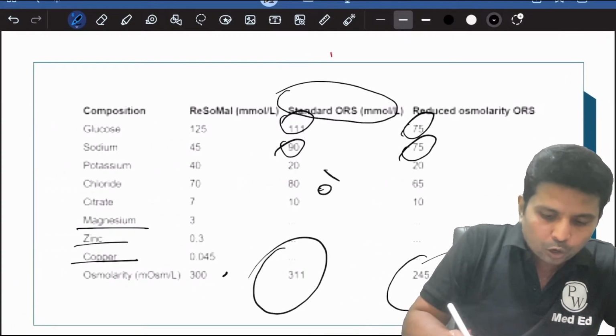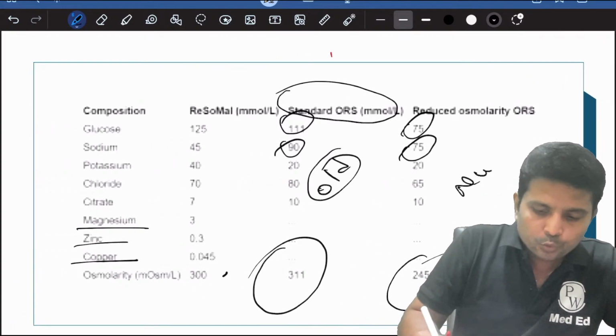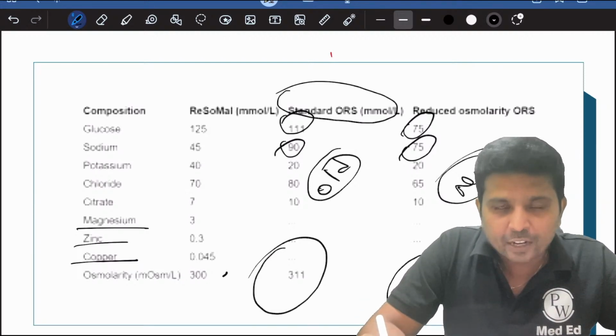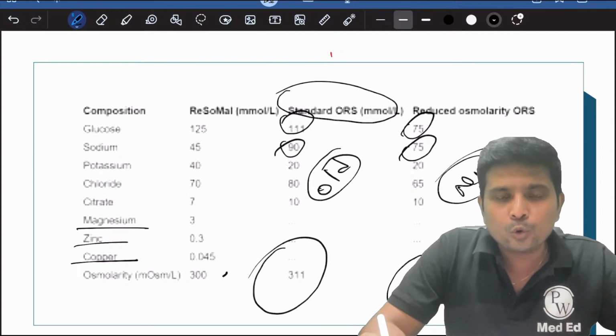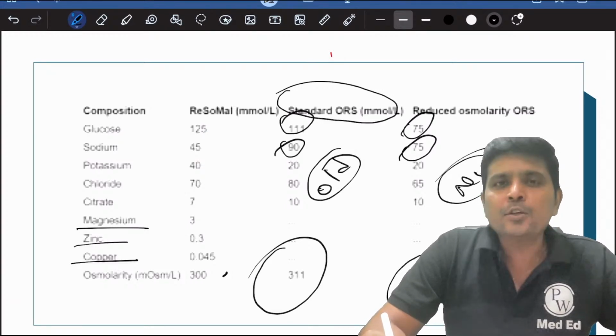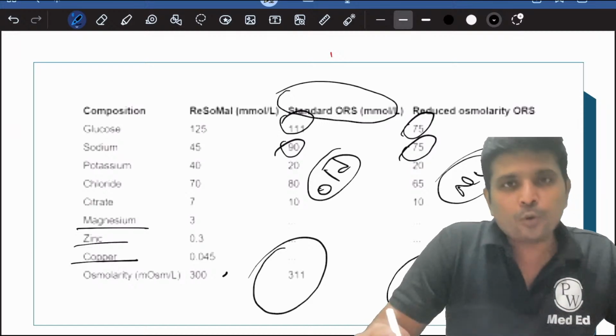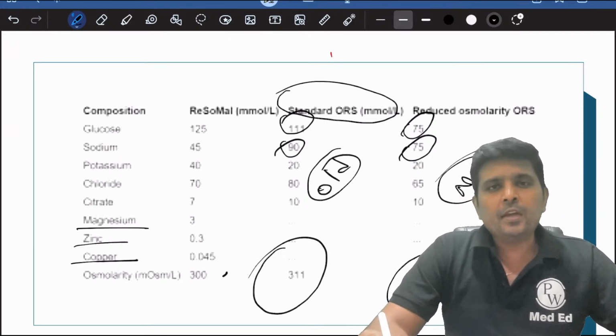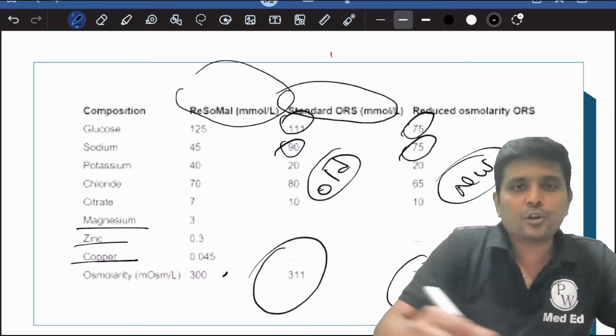So this is old, this is new. Repeat, new ORS osmolality is 245, with equal amounts of sodium and glucose, 75 each. Whereas old standard ORS is characterized by excess sodium and excess glucose: glucose 111, sodium 90. Then they found that one more solution, called rehydration solution for malnourished children, otherwise called